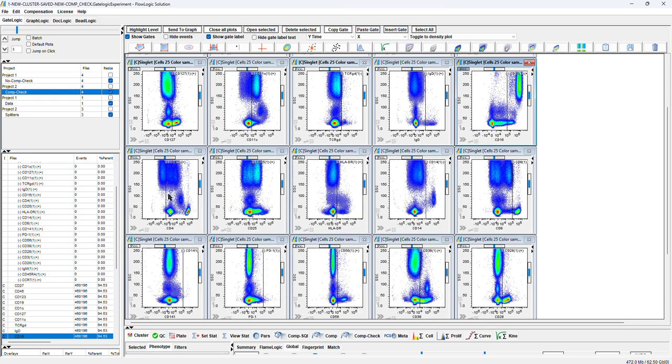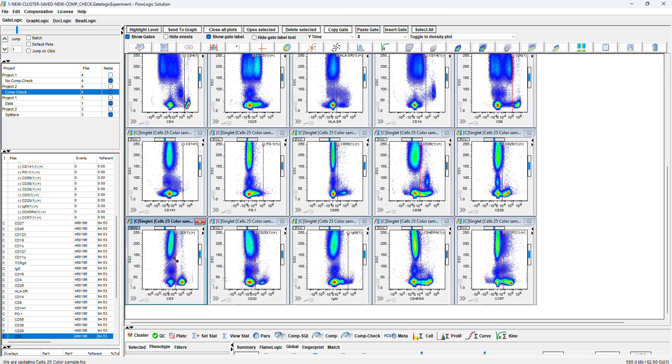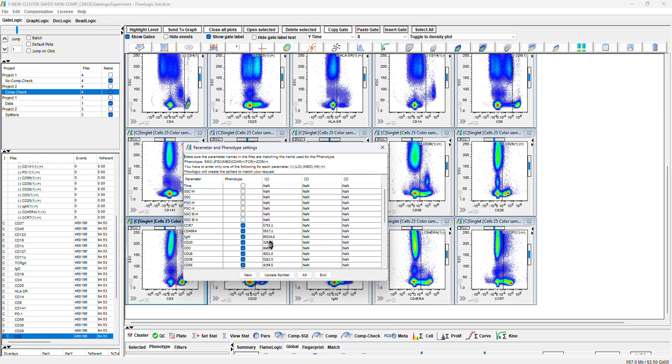This is our CD4, it's okay. CD14, this is our CD8, CD41, CD3, and when we are happy, this has all the positions